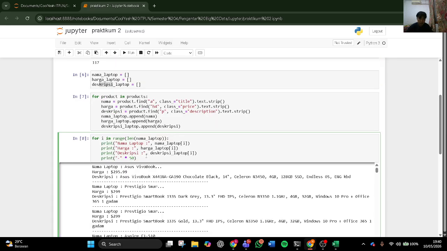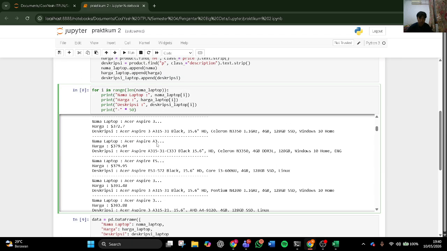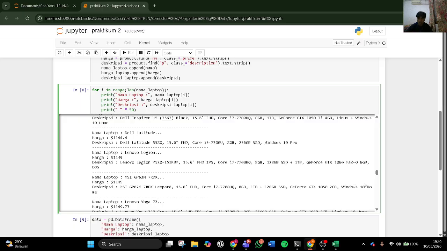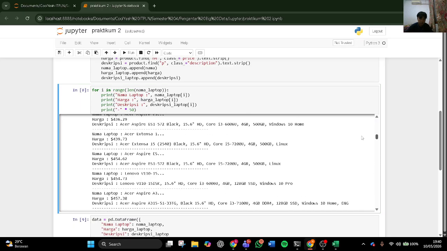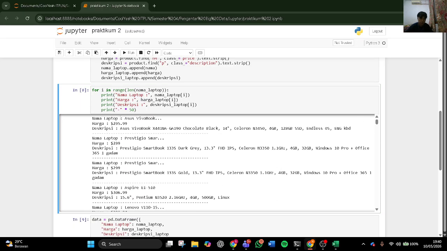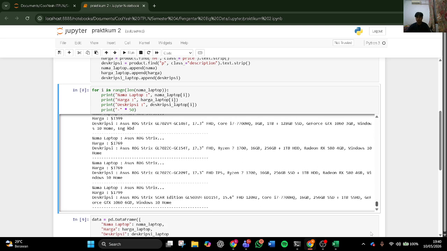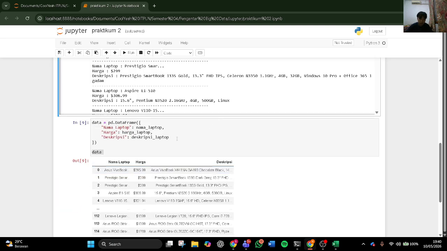And the next cell is for displaying all of the products. So this will display the name of the product, the price, and then the description, all of them. And the next is use pandas to convert the three lists into a data frame.